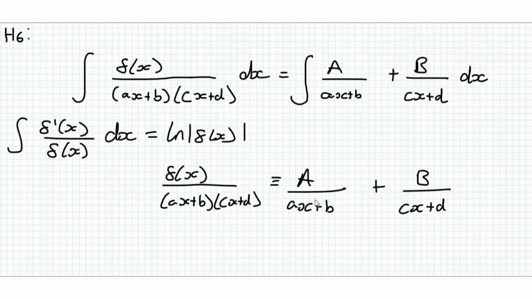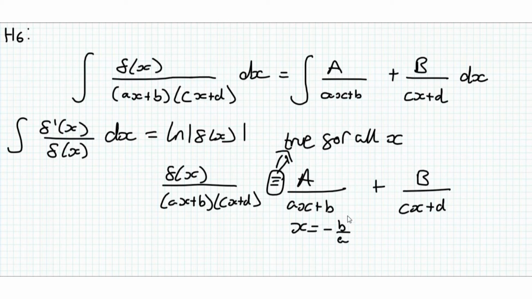Right, and now, because this is an identity, that implies true for all x. So what you do is you just substitute in values of x, and then you can either come up with simultaneous equations, or you can choose values that, say I choose x equal to minus b of, alright,